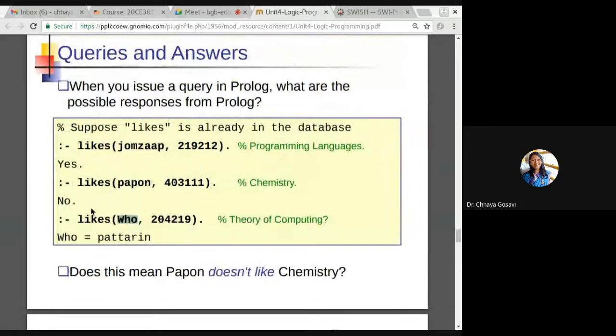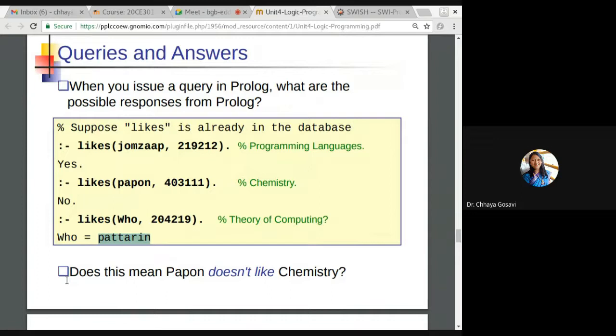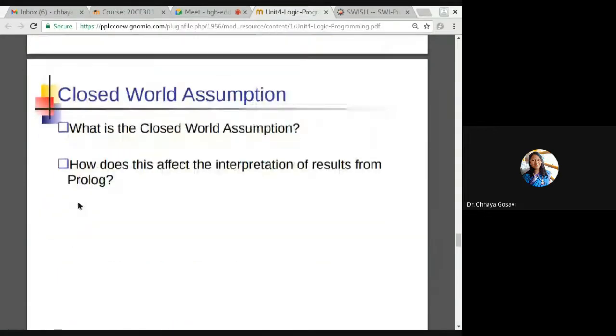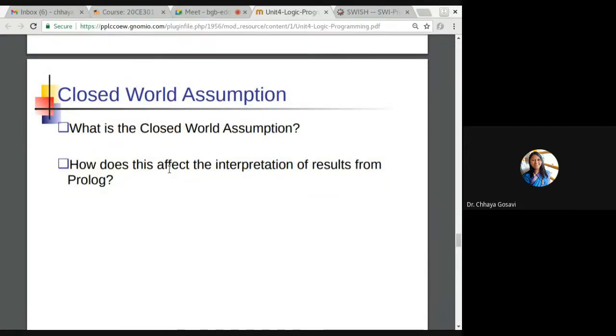But these answers depend upon the data set that we have provided, the available data set, and that data set needs to be updated eventually. So for example, here we are getting a value for who likes it, but there are many students newly added who may like TOC, theory of computing. So that should get updated. Otherwise, your answer will stick to that particular data set or your program. So that means closed world assumption. That is your closed world. You do some assumptions, you have written a code, and your program will work only on that data set. If the data set is not getting updated, you will not get the real world values. It is a closed world assumption.